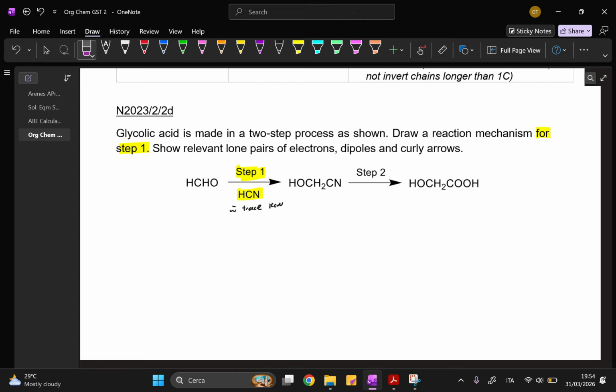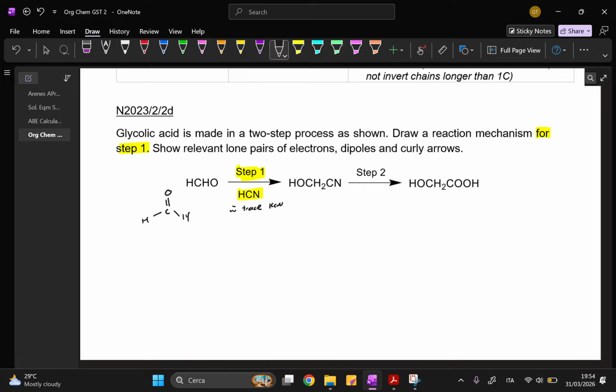Okay, so now glycolic acid is this one, but we don't need to think about step 2. We just need to think about what our starting reagent is. So our starting reagent here is methanal, HCHO, and it is an aldehyde. Now, if you ever forget, how do I know that this is an addition reaction? Because my methanal, HCHO,